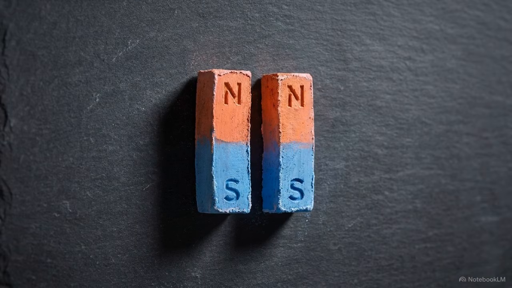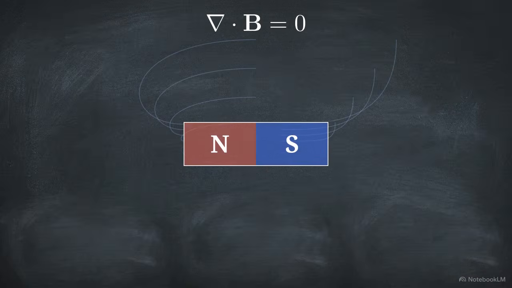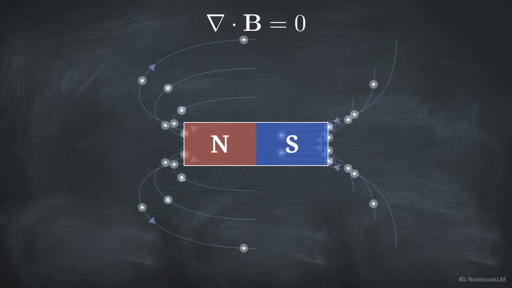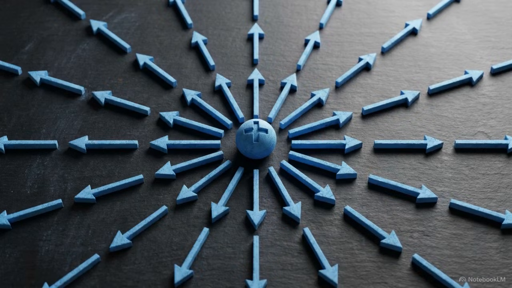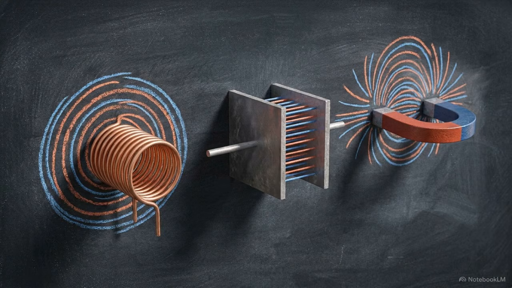A divergence of 0 dictates a severe geometric constraint. Isolated magnetic charges, or magnetic monopoles, do not exist in the universe. Without a source or a sink to begin or end on, magnetic flux lines are forced to form continuous, closed loops upon themselves, with no point of origin. In this static regime, fields cannot escape. Their existence is permanently tethered to the physical presence and geometric shape of the charges or magnets generating them.